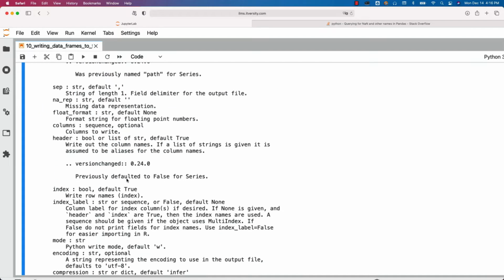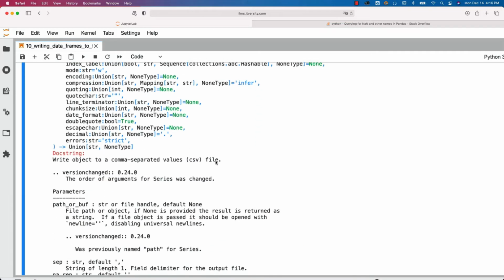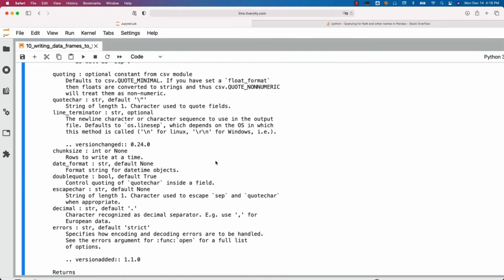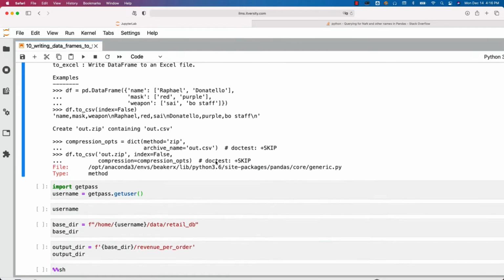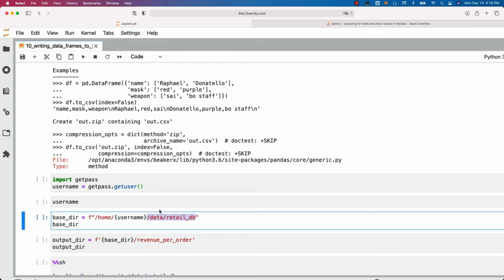Now, we also understood that we need to have appropriate permissions to write the files into the folders. Let's review those now. So far, we are using a special folder called /data/retaildb in our environment. In your environment, if you set up the folders the same way as we are, you might have write permissions directly and you should be able to write the data directly into that location.